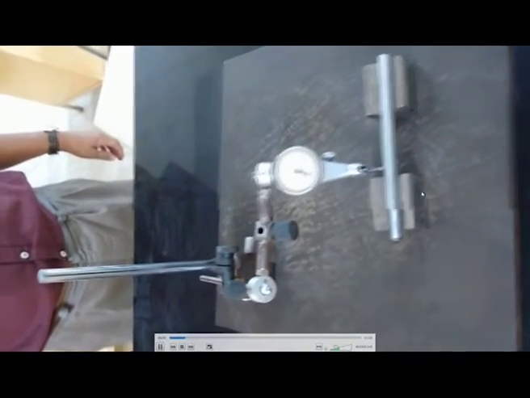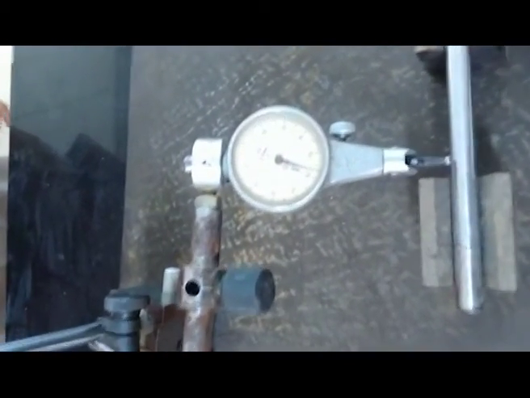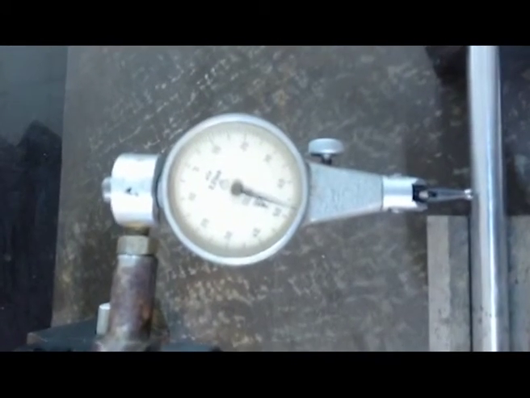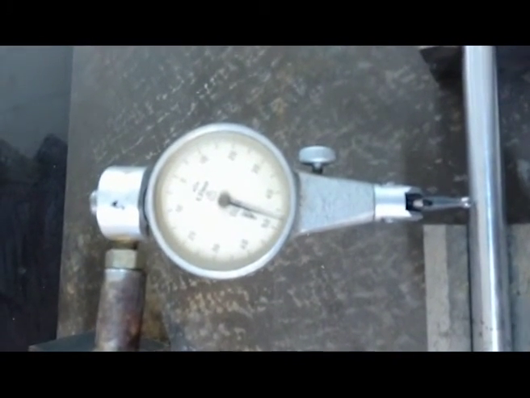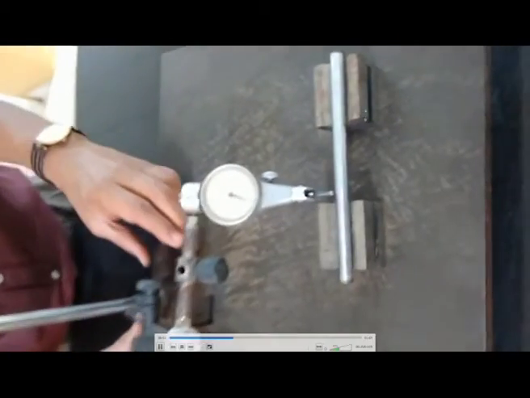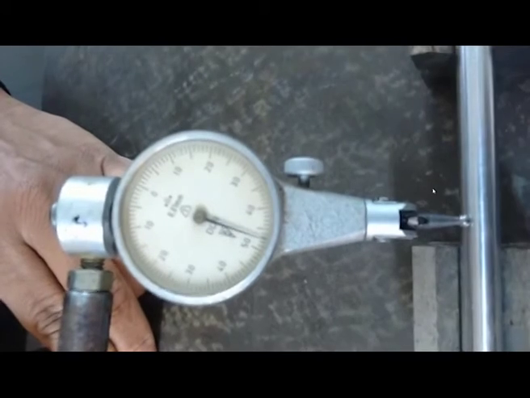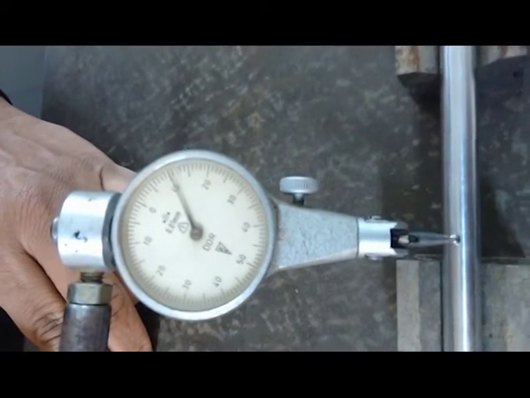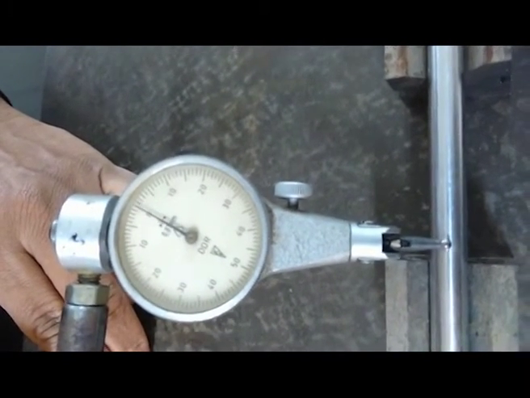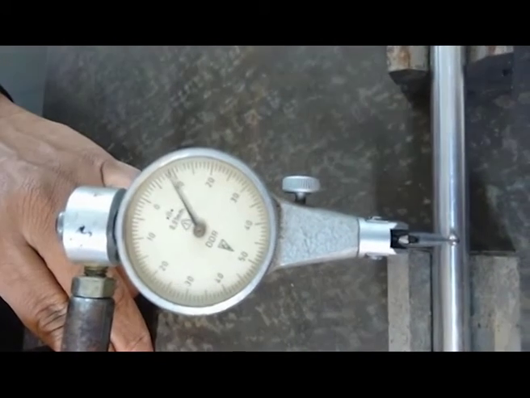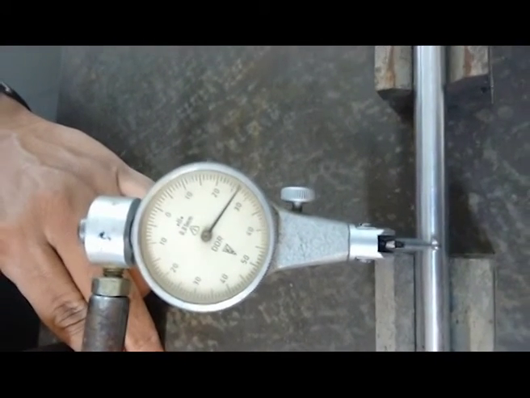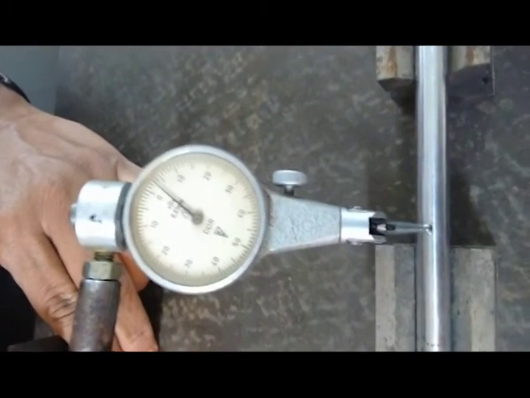Now, let me demonstrate how we can test the straightness of a generator on a cylindrical object. You can see we have a surface plate, and on the surface plate we have kept two V blocks on which the cylindrical object is placed. We have to clean all the equipment like the surface plate, V blocks and specimen thoroughly, and now at different positions we have to take the reading.